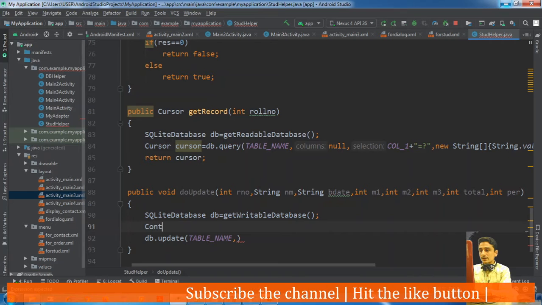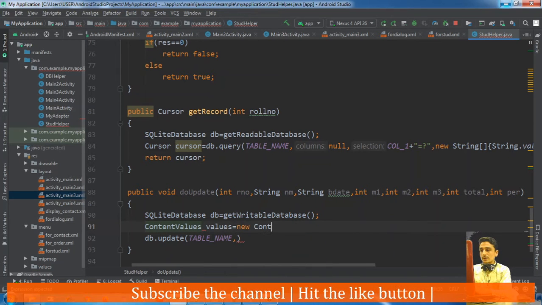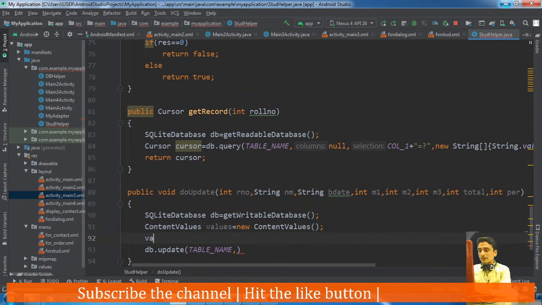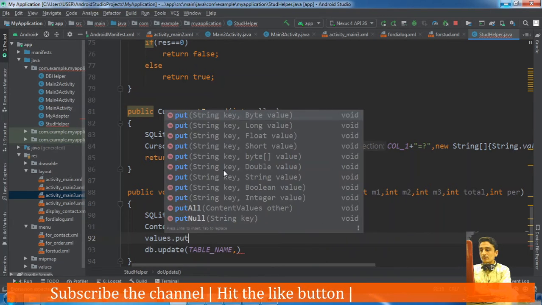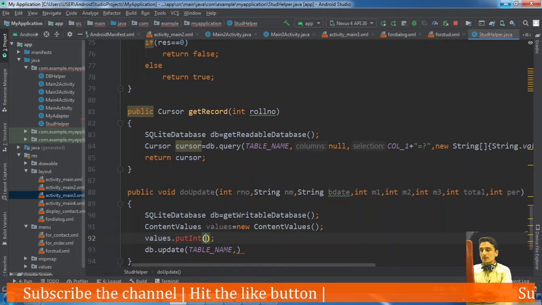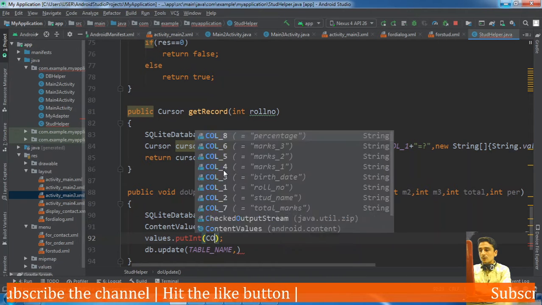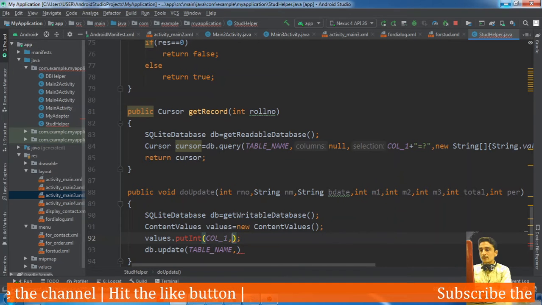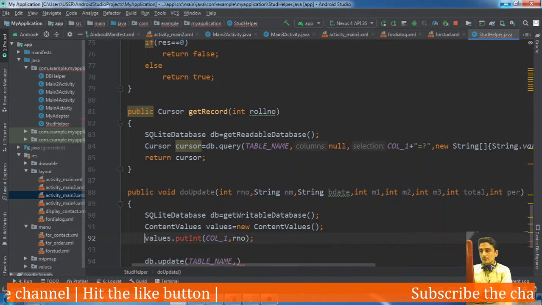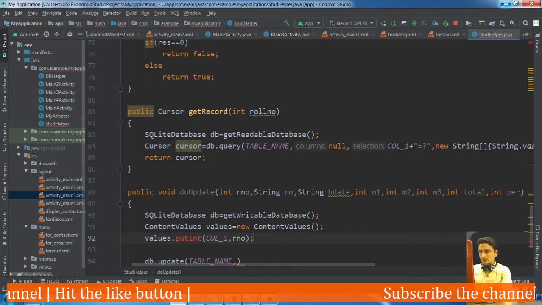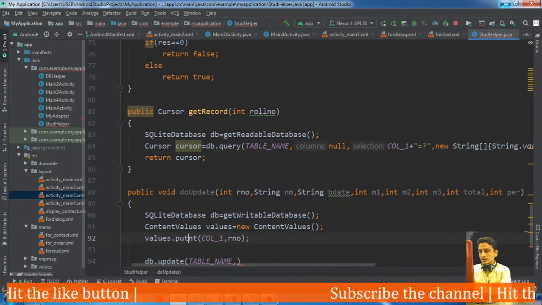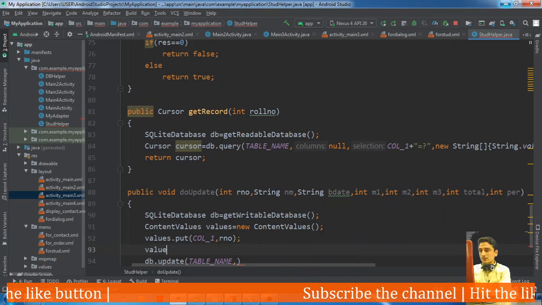So let's define content values object, values equal to new content values, values dot put integer column 1 is roll number itself, put, then values dot put